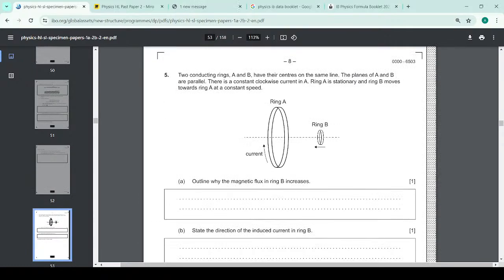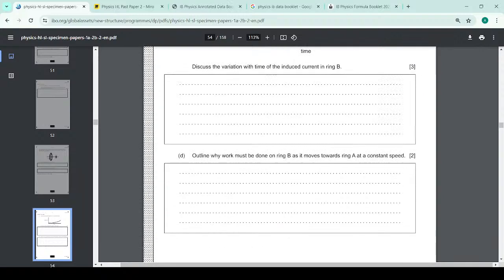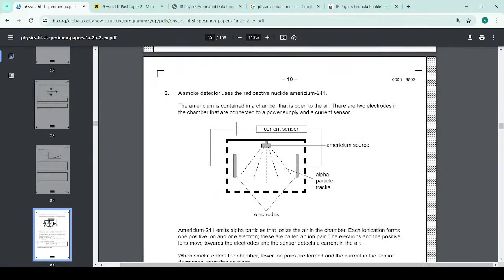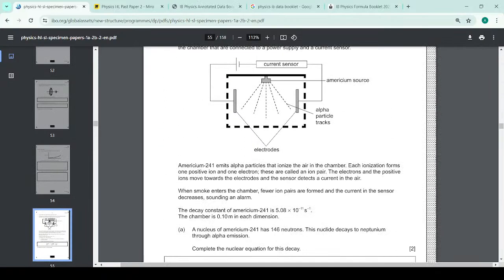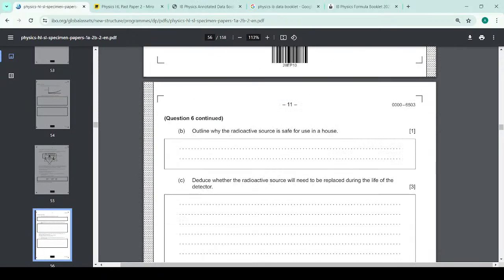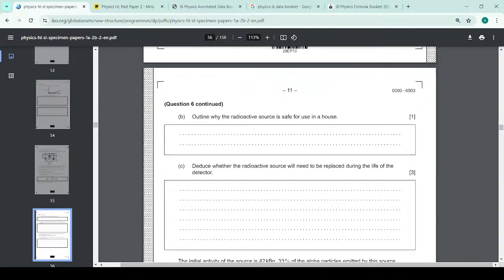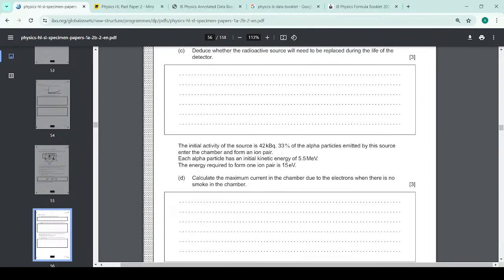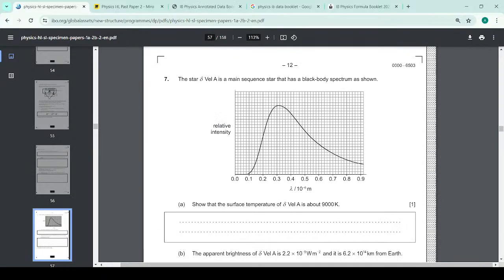Okay, part 5, this is about flux, so I'll skip that one. Smoke detector. Nuclear decay. Okay, so we haven't learned about nuclear decay either, so I'll skip this one as well. Okay, a star, Delta